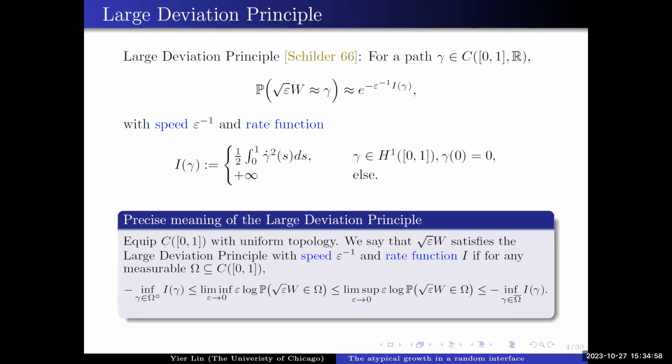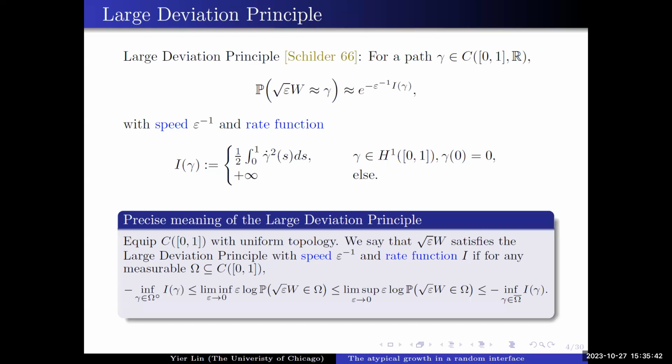There is something that does depend on gamma, which is called the rate function. Although these paths are unlikely, with some exponential decay behind them, the rate function tells you which one is more likely if you compare them. The rate function takes this specific form: one half times the integral of the square of the derivative. This just comes from the tail of the Gaussian random variable and the independent increment structure of Brownian motion. And H1 is just the function space that makes this integral finite.